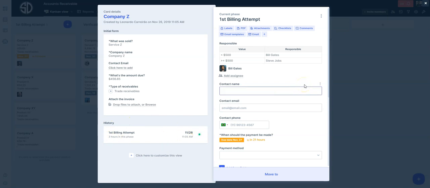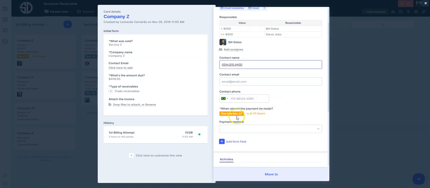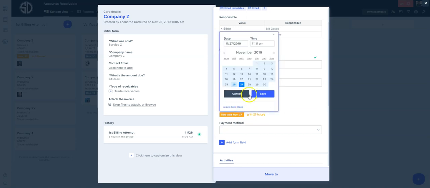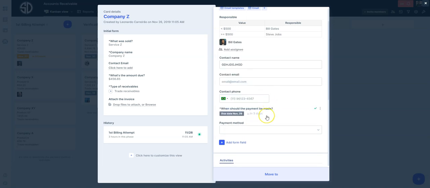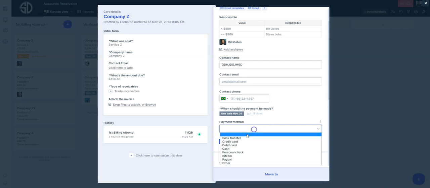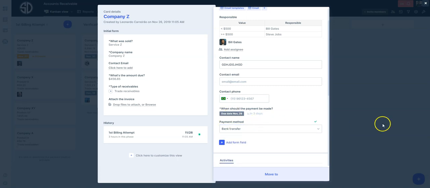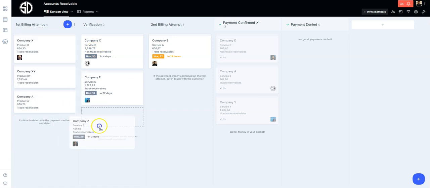In this first phase, the responsible is going to provide the contact name, the contact email, the contact phone, and when the payment should be made. So this is a due date. This due date works as a warning for you, so every time that this due date reaches, you are notified. This way you can prevent forgetting, for example, to collect some payments. Then the responsible is going to provide the payment method, and after that he can move to the next phase,